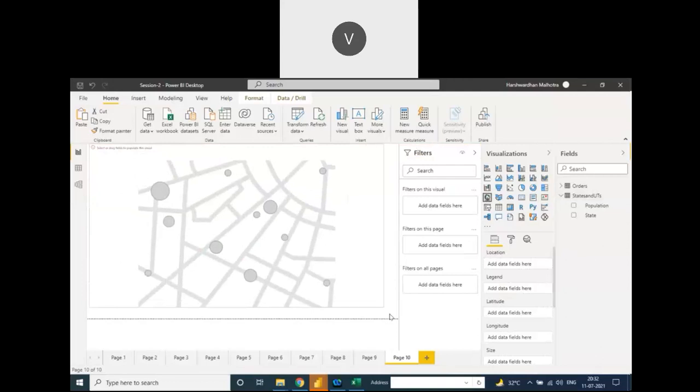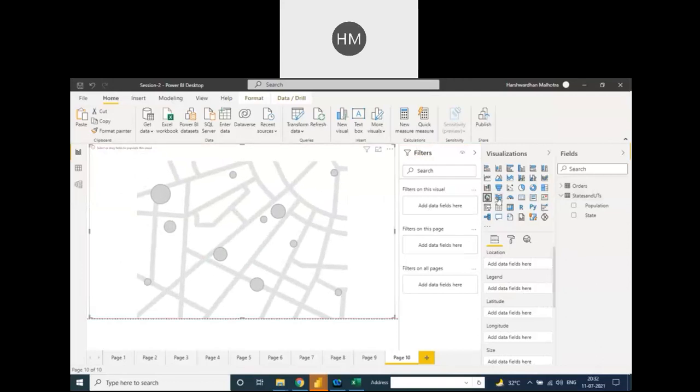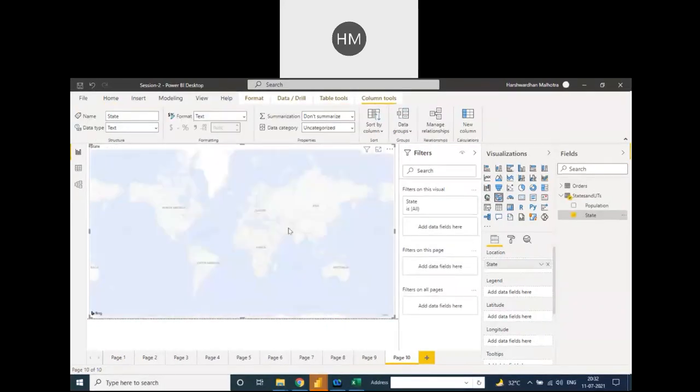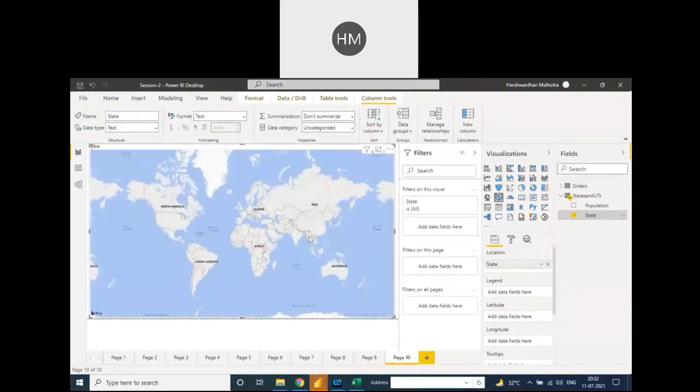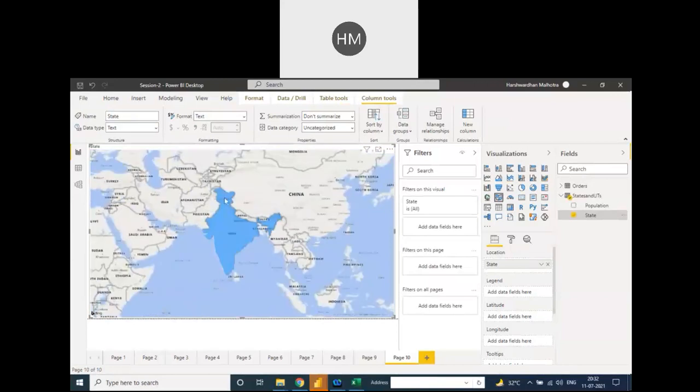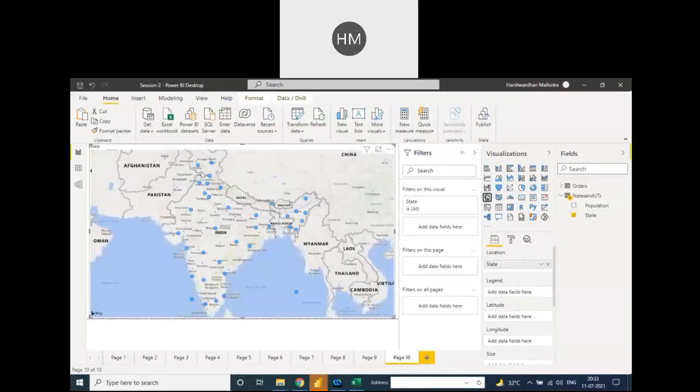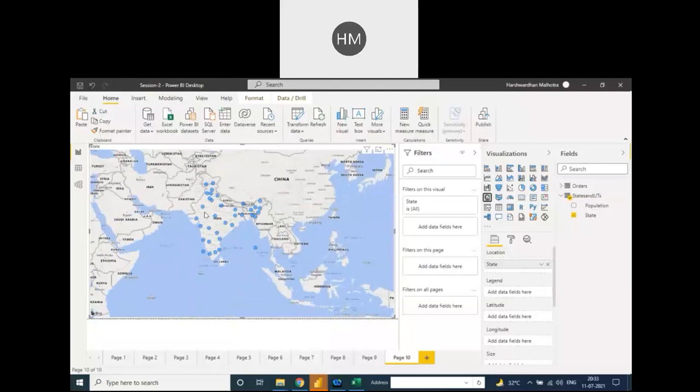Click on map. This time we need to choose the filled map, and put it in state. See, there is the India chart, complete India highlighted. If you drag and drop into this chart, there is a complete India chart. Any doubt?